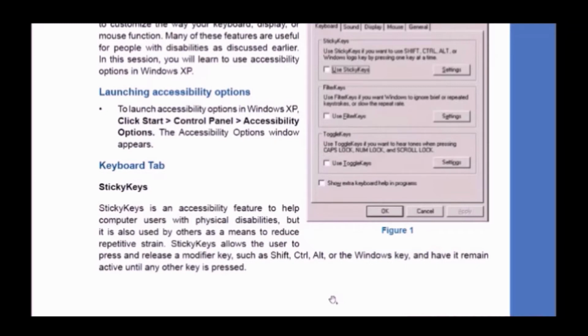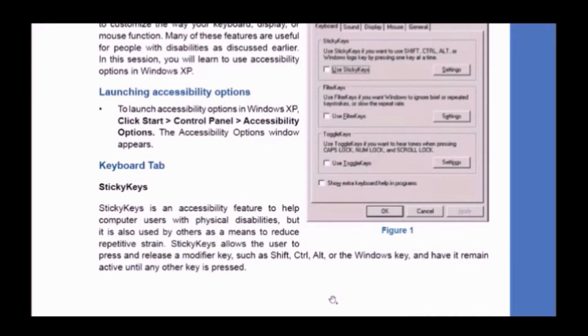For those people we have sticky keys. If we tick this use sticky keys option, we don't have to hold control and A together. First we can press control, release it, and then press the A button.